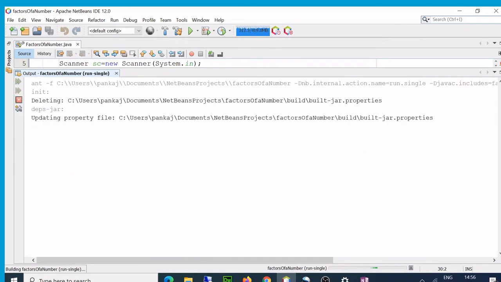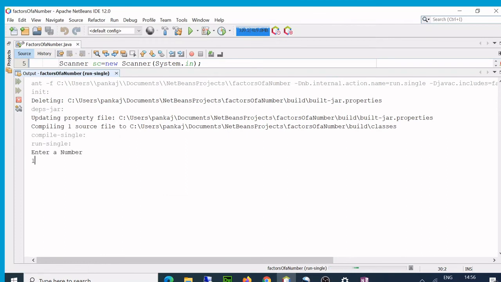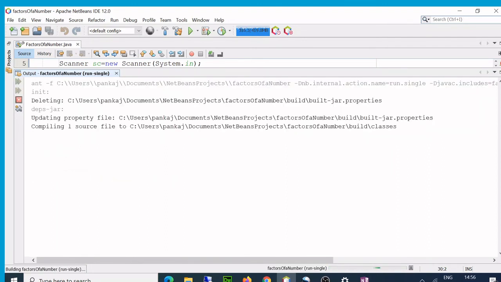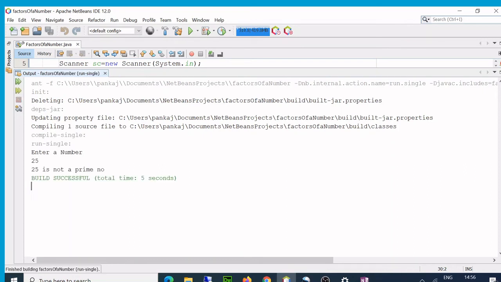So I run it again and I enter 10, it is not a prime number. I enter another number, let's see, 11 is a prime number, and my last test I'll test it with, let's say, 25, not a prime number.